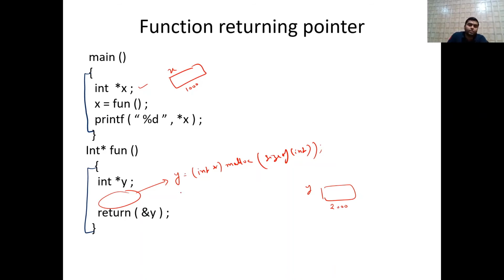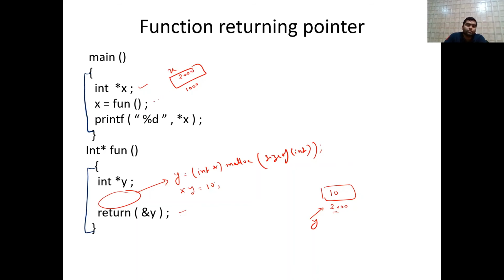integers type का। और फिर हम क्या करेंगे कि इस y में, star of y में, let us suppose हमने 10 store कर दिया, तो इस star of y means यहाँ 10 store हो जाएगा, ठीक है। y is 2000, so y basically is what, pointer pointing to this. Okay, now return address of y, so address of y will be returned. So what is address of y, it is what, 2000. Okay, so 2000 will be written here, so here you will get 2000 and x will store what, 2000,